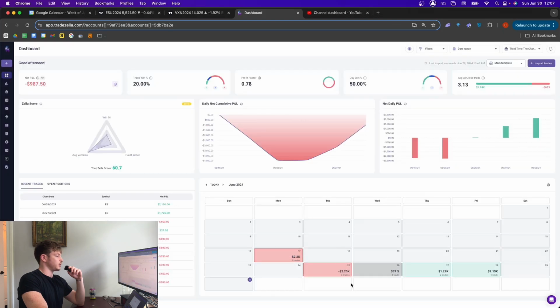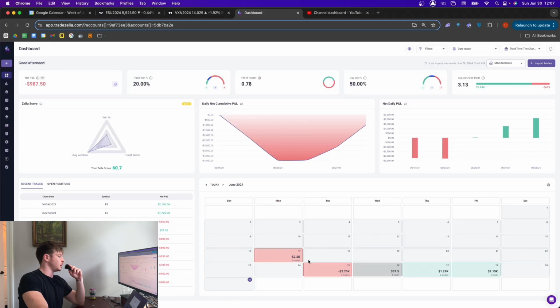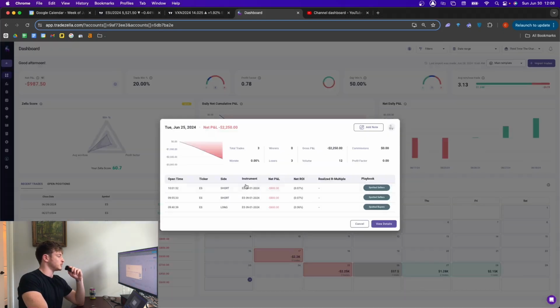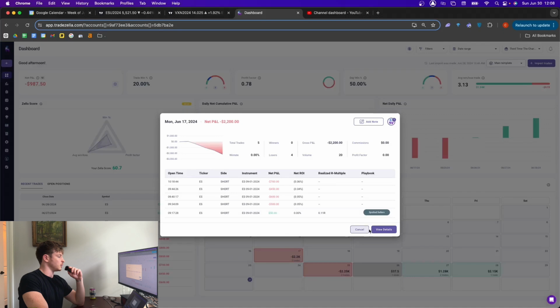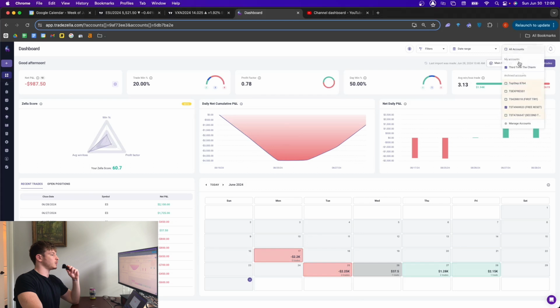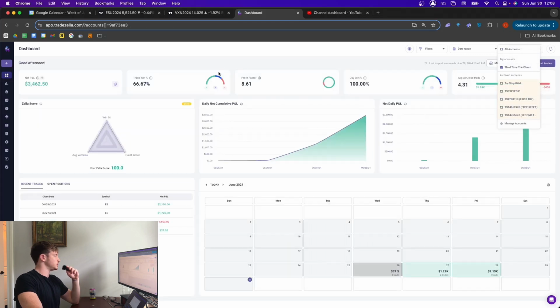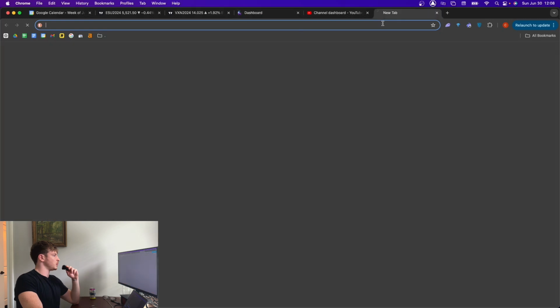As you can see, I only traded 2 days on this account. I had an awful day on Monday of basically 2 weeks ago, and then Tuesday I literally made the same errors that I was making on Monday. I made the same errors pretty much on this last Tuesday. So I blew the account, and then as you can see, I got a new one, and this is where we are at now. So I'll pull up my